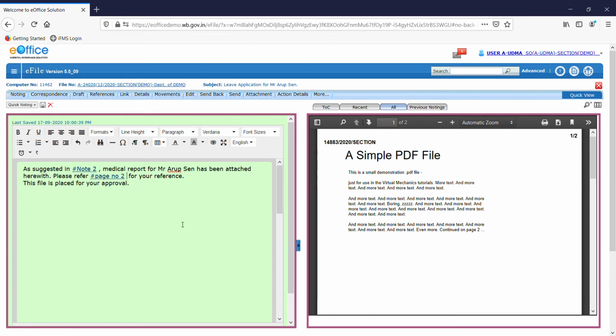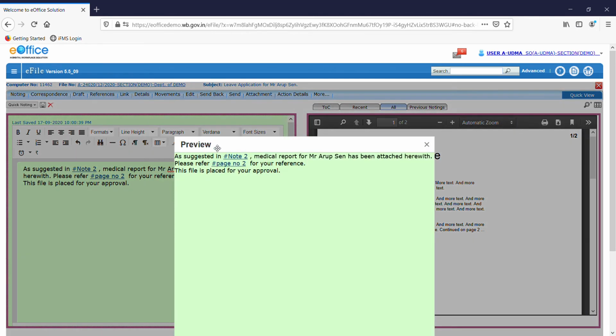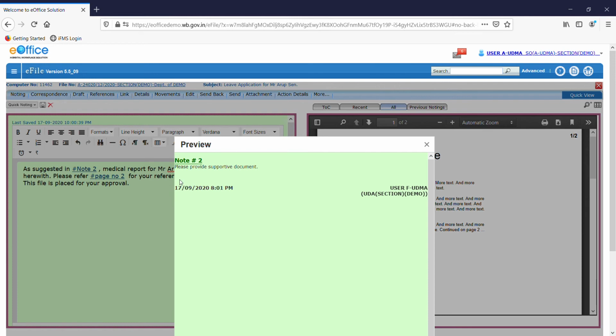Now we want to check whether it is properly hyperlinked or not. Click on this preview button. Here we are able to see that note 2 and page number 2 are both hyperlinked. Clicking on this note 2, we are able to see that note 2 is properly hyperlinked. Then close it.